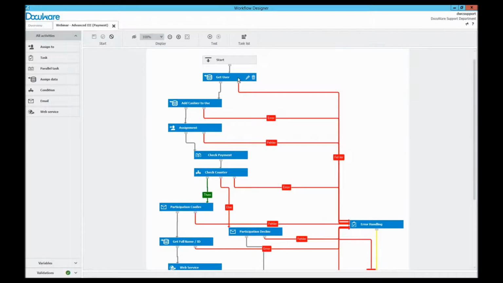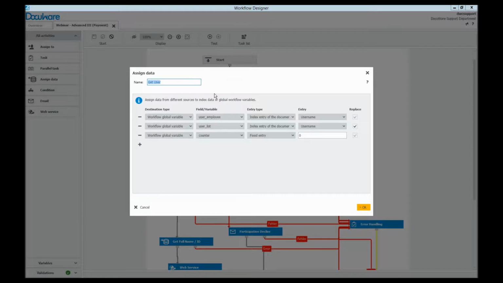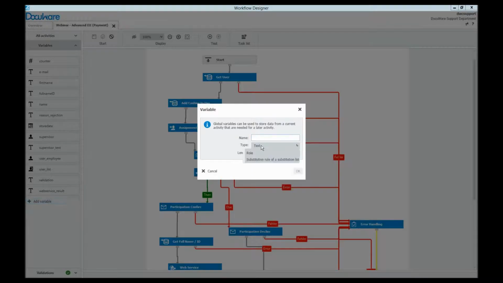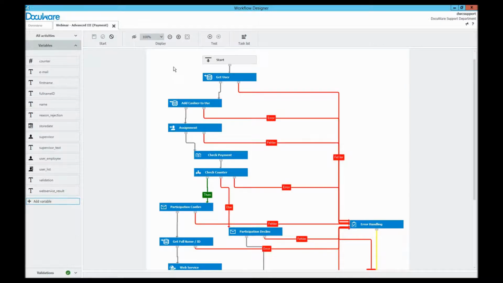Well, the get user is something we already know, but it's a little bit different here, because here we have, again, the user employee variable, but we have another thing. It is a user list. I'll go back to the variables here. You can see it has a little bit different icon than the standard user variable. You can do this: you create a user or group, and then you check this checkbox list variable. Then you can create a variable of the type user list,